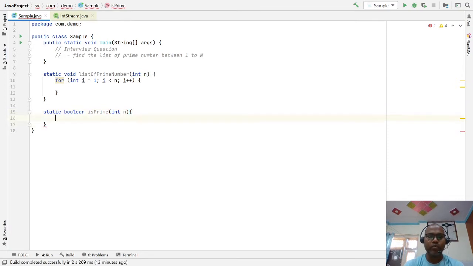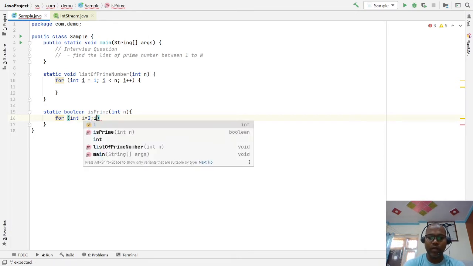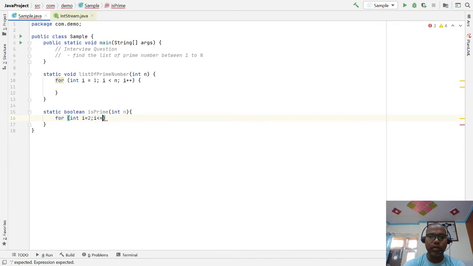After that, you have to run a loop from i equal to 2, to i less than or equal to n divided by 2, i plus plus.